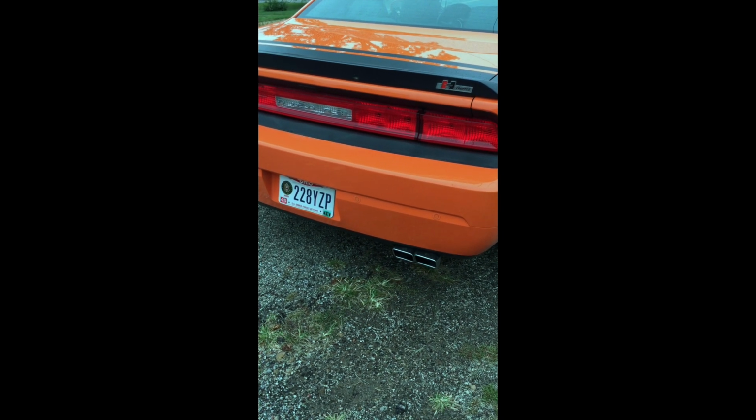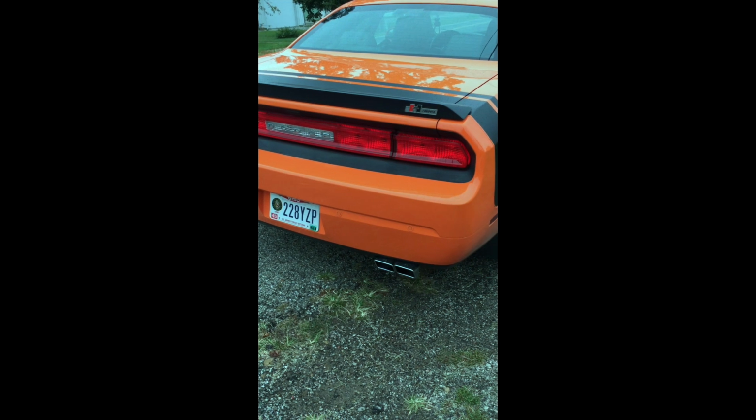Go ahead and fire it up real quick. Have my daughter go in and start the car. Gabby, start it, let it sit for a couple seconds, and then hit the...